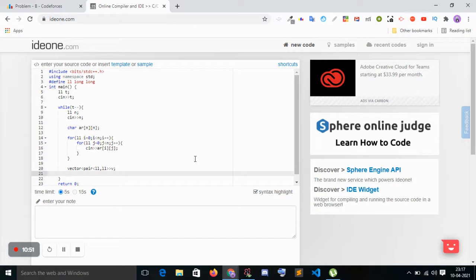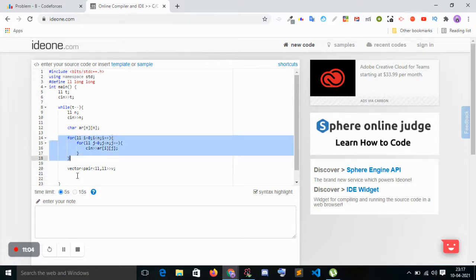So let's try to solve it. First, I have to store the i comma j index of the mark cell.